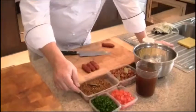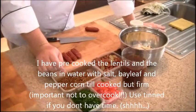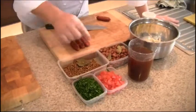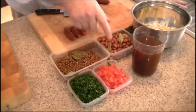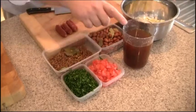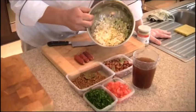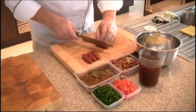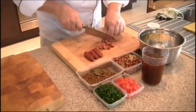Now over here I've got some lentils. Just regular brown lentils. You can use French green puy lentils if you want, but I've just cooked these in a little bit of stock and bay leaf. Then over here I've got some cannellini beans that I've just blanched as well. Diced tomato without the seeds, chopped parsley, beef stock, leeks. I've washed all the sand out of that, they're clean and chopped as well. And these are just little chorizo sausages that I've cut in half. So what I'll do is I'll just cube them as well, so it matches